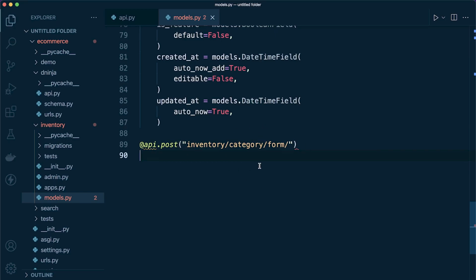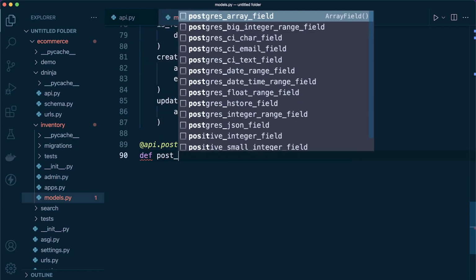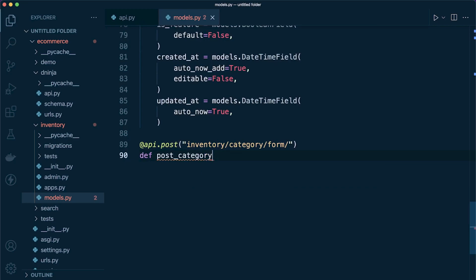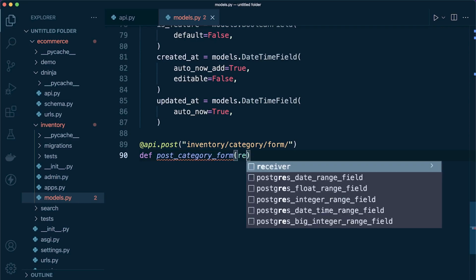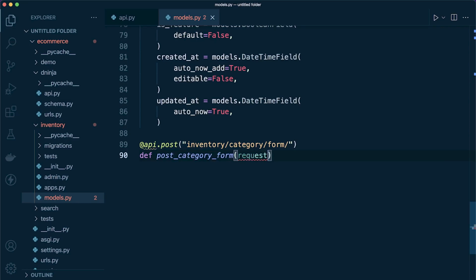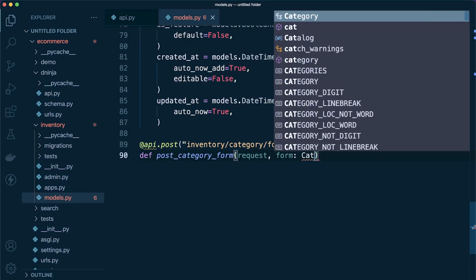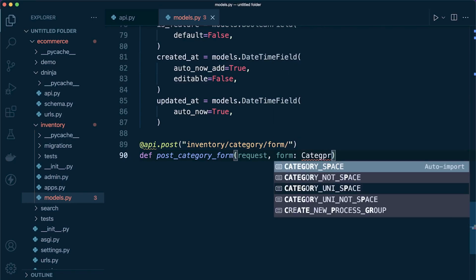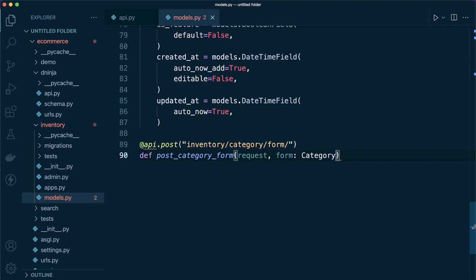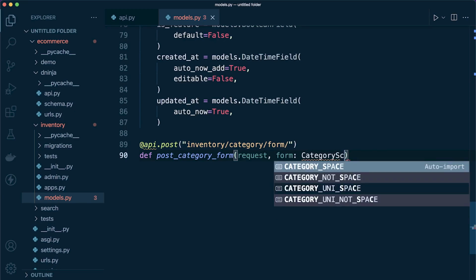So with that in place, let's go ahead and create a new function. We're going to call this post category form. We're going to take in the request again, and then we're going to say form, and this time we're going to specify the schema again. So it's going to be the category schema,